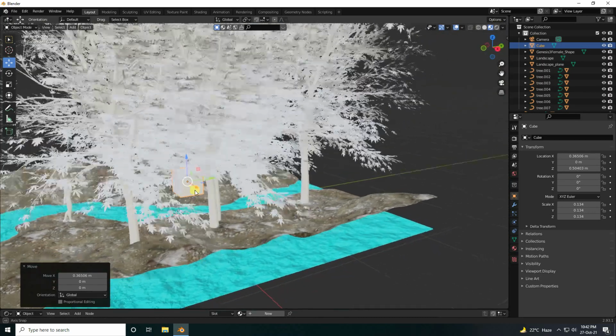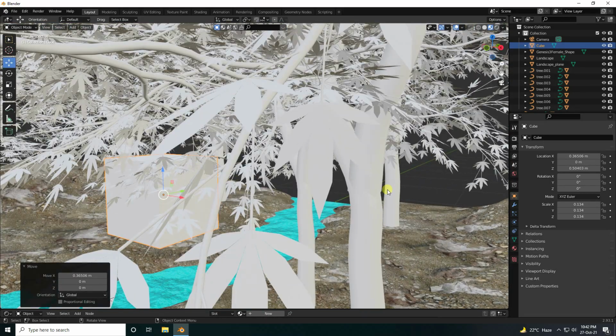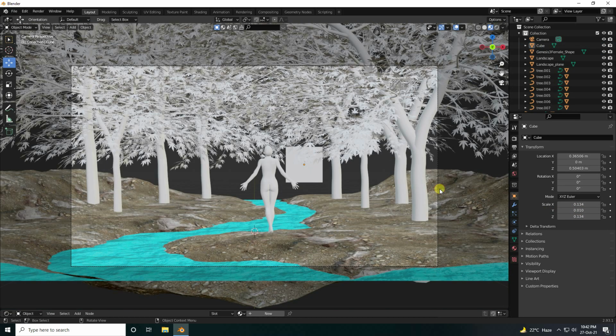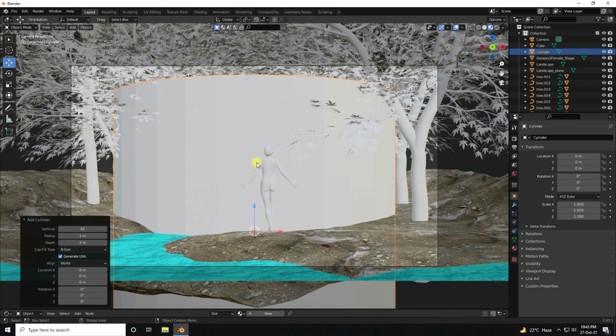Now depth, this one, my cube, depth change, I like 0.01. Yes, and go to camera, press 0.